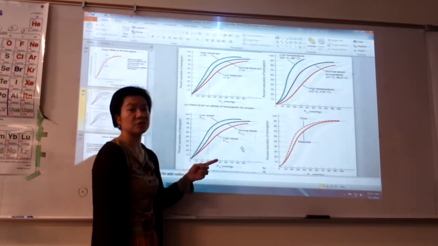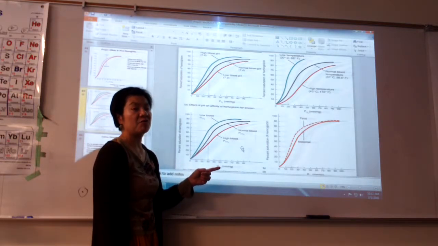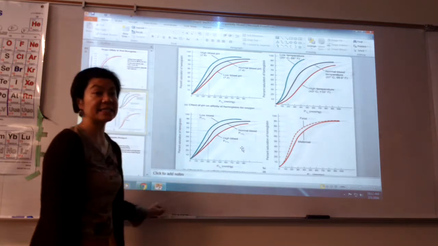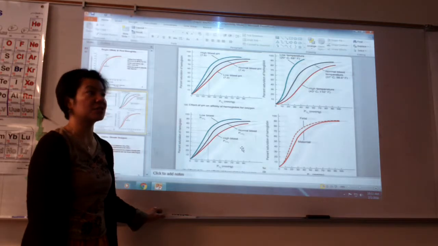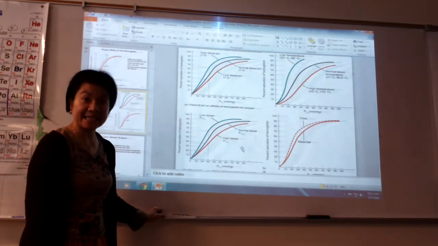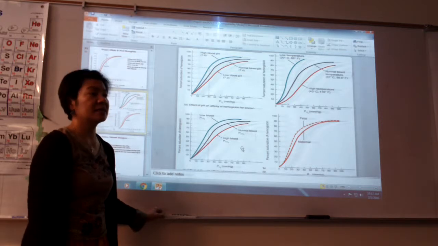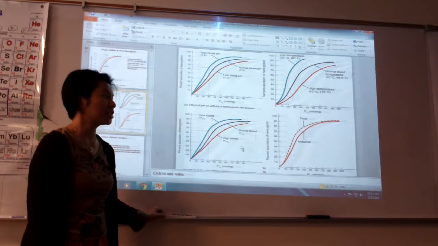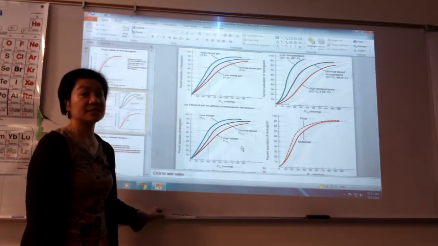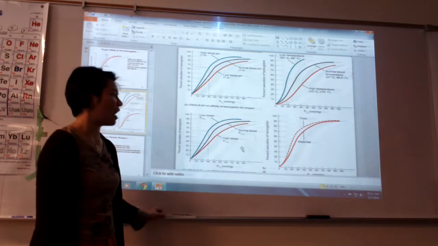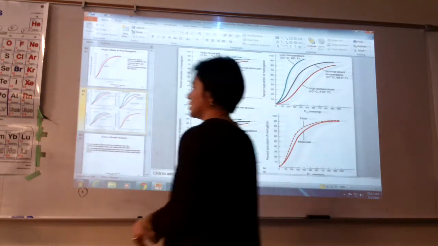Fetal hemoglobin also has a higher affinity for oxygen than the maternal hemoglobin. That's why, in pregnancy, there's a condition called pregnancy anemia. Pregnant women generally become anemic because the baby's hemoglobin has a higher attraction for oxygen than the mother's hemoglobin. Okay? So we understand how we unload our oxygen.